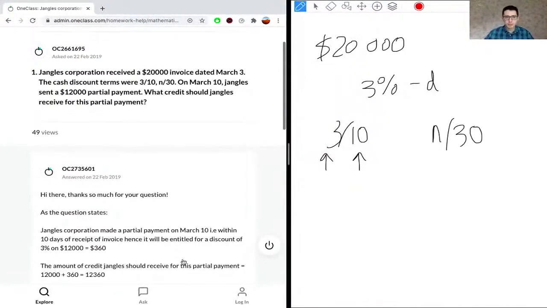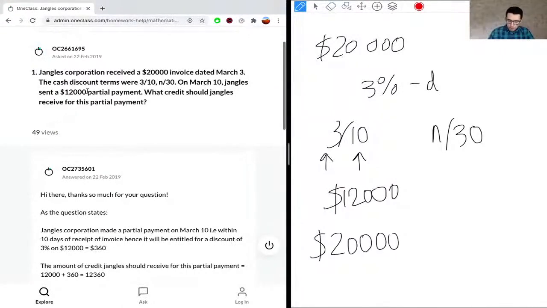On March 10, Jangles sends a partial payment of 12,000. What credit should Jangles receive for the partial payment? Because the difference between March 3rd and March 10th is less than 10 days, they would get that 3% discount, which we would have to add on to the 12,000 payment. So essentially, we take the total payment required, which is 20,000, and subtract the 12,000 payment